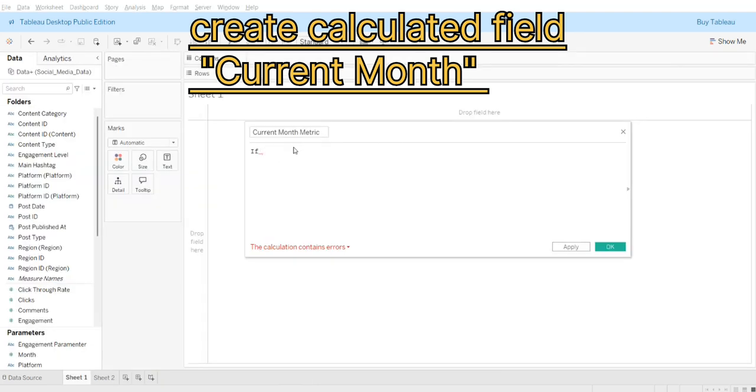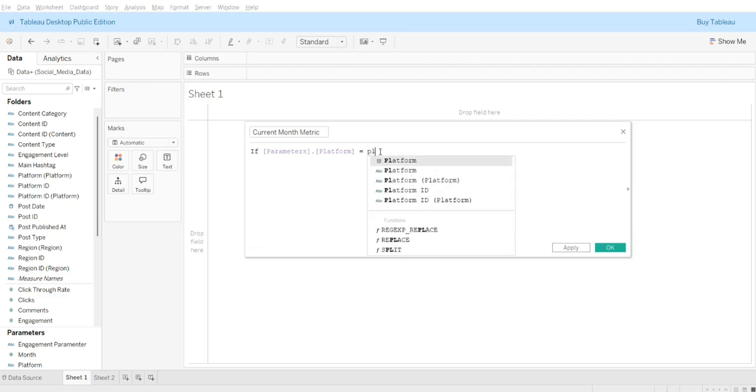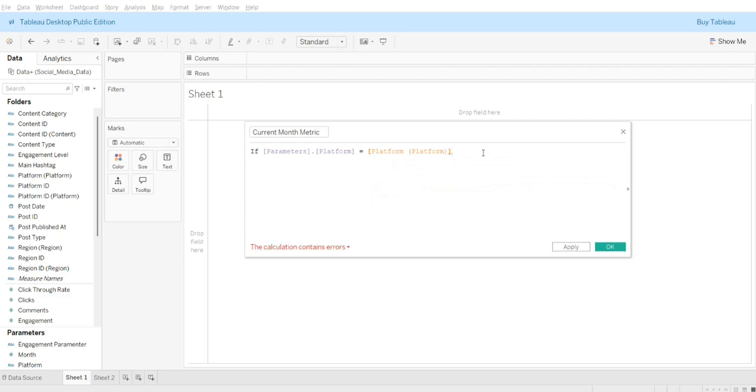So if the platform parameter is equal to the platform in the table, the source data, as you can see here, it is displaying the source data. So we'll make it equal to this, and